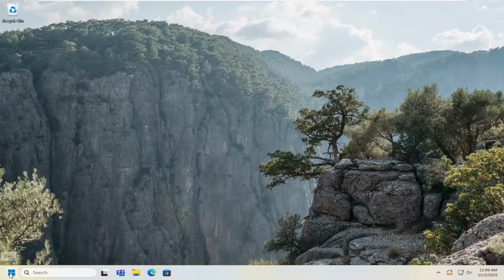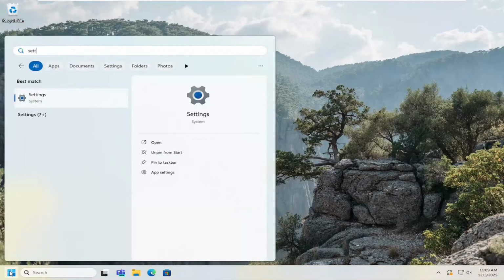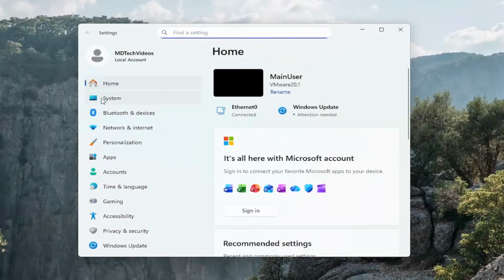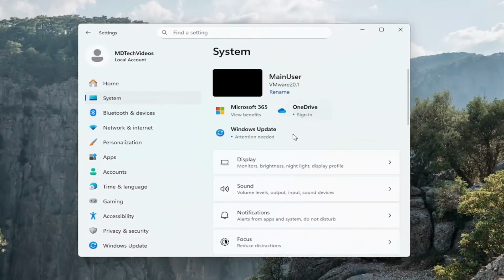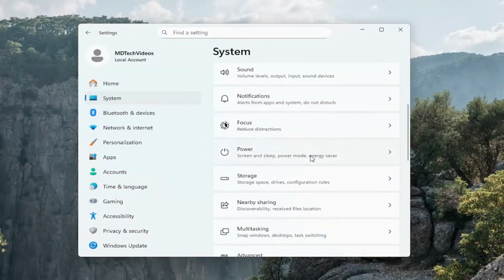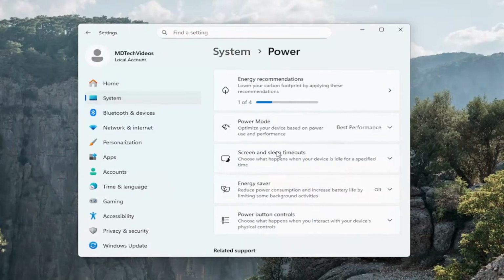All you have to do is open up the Windows search menu and search for settings. Best result should come back with settings. Go ahead and open that up, and then select System on the left panel. Now directing your attention over to the right panel here, select the power option and then select where it says